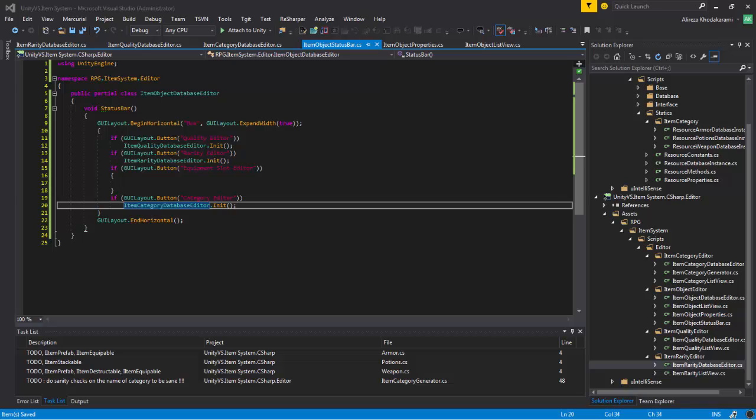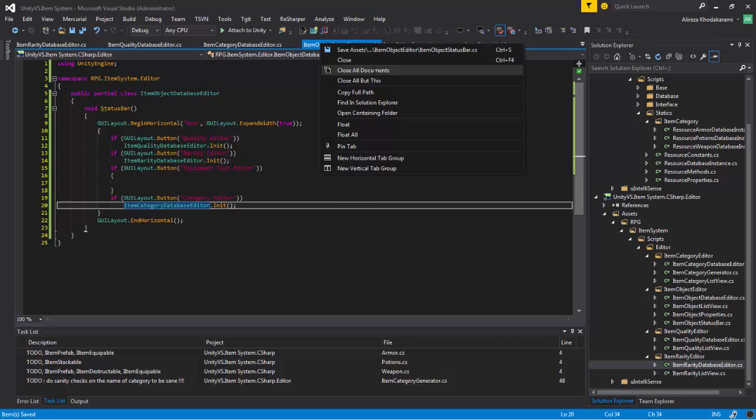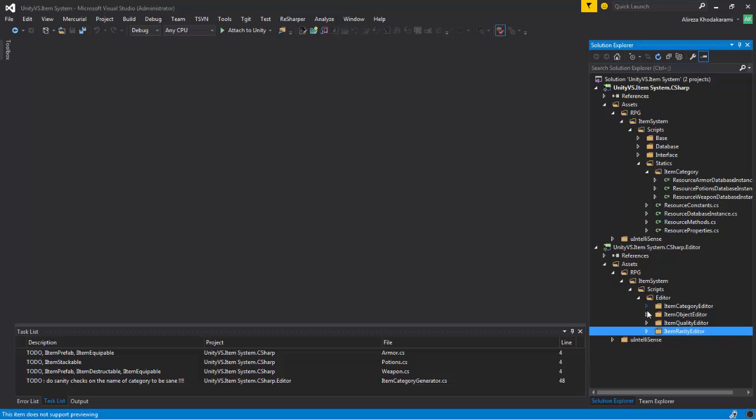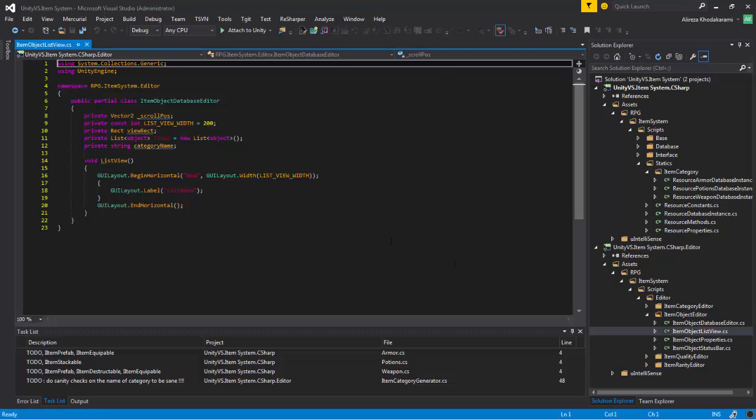No, not here. Why are they showing like that then? In my mother editor, maybe? No? List view. Oh yeah. Okay, so close all documents. Thank you. Item object editor, list view. So